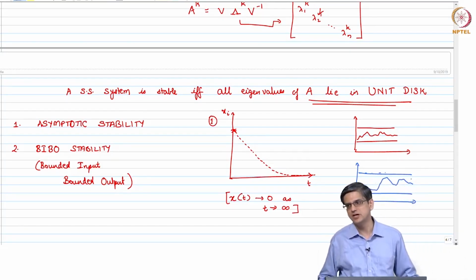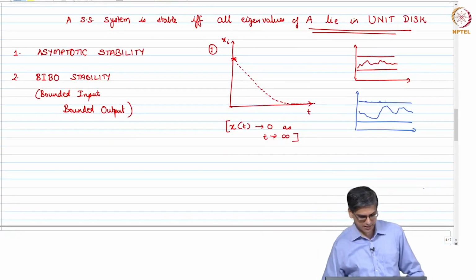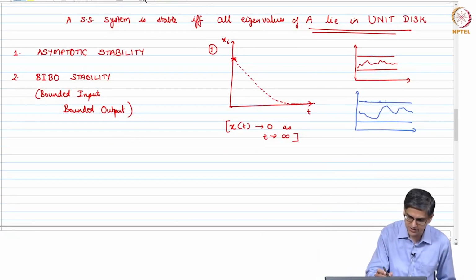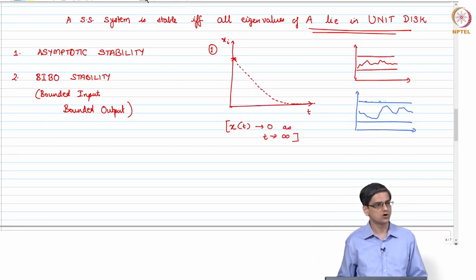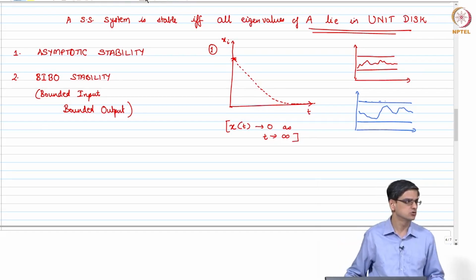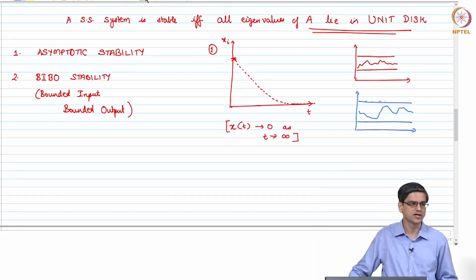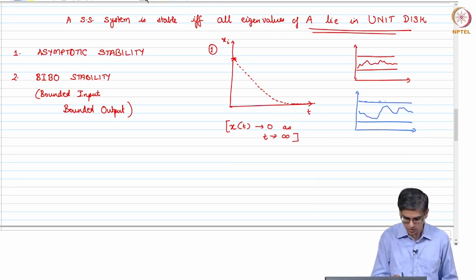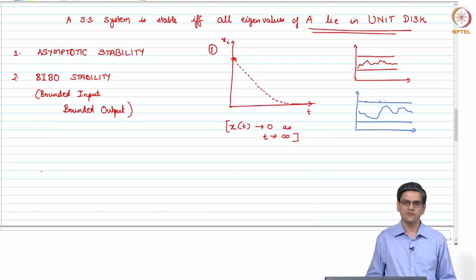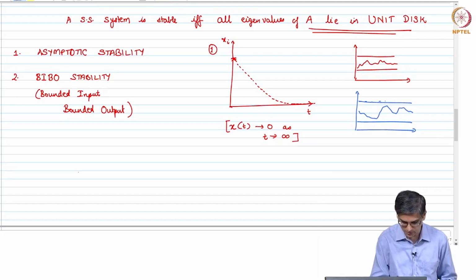I will come to the BIBO criterion a little bit later. I will talk about another concept called controllability and then come back to BIBO stability, as it would be easier to talk about it then. The requirement for asymptotic stability is what I talked about earlier. You need to have your eigenvalues